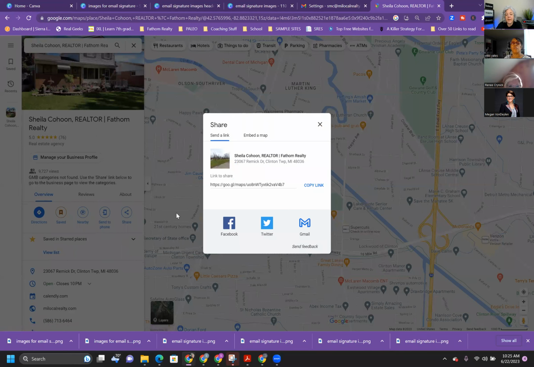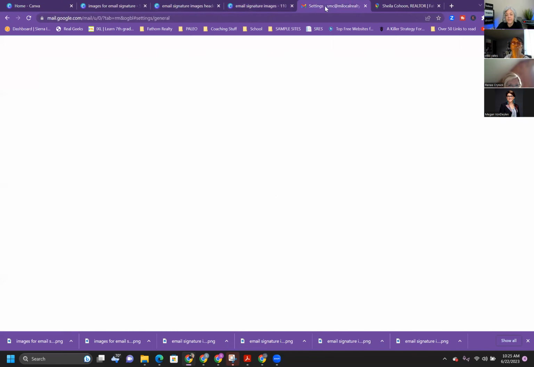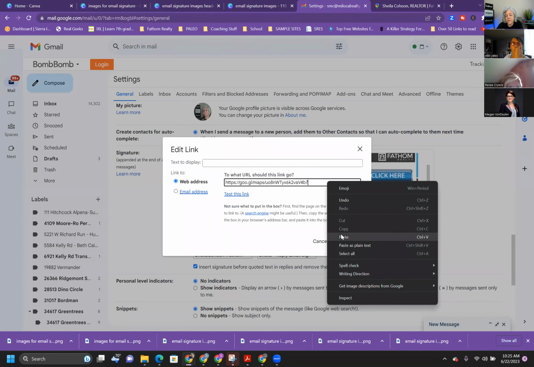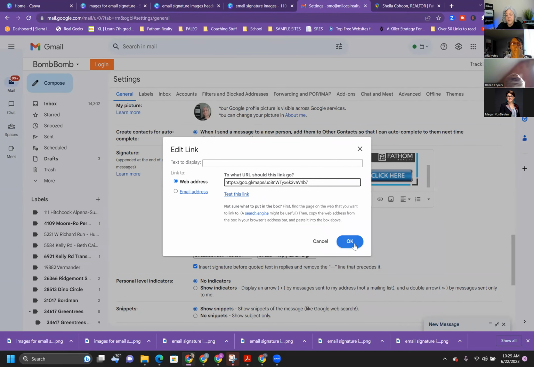And when you click on the share, it gives you this link to copy your profile. Okay. So you're going to click copy link. You're going to go back to your email signature in Gmail, and you're going to paste it. Control V on PCs is to paste it, or you can right mouse click and hit paste and then click